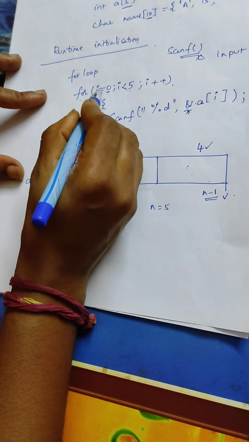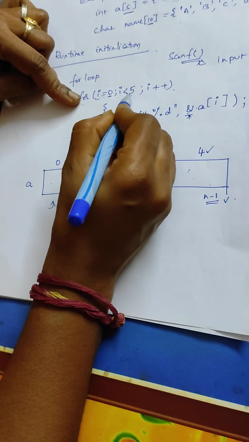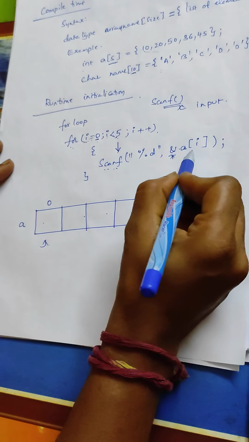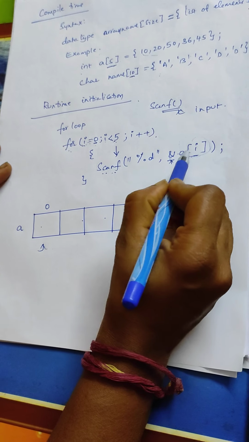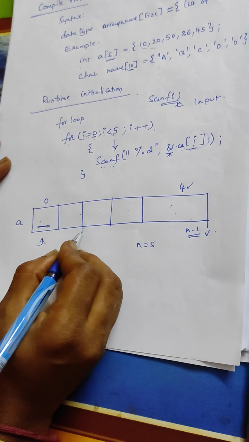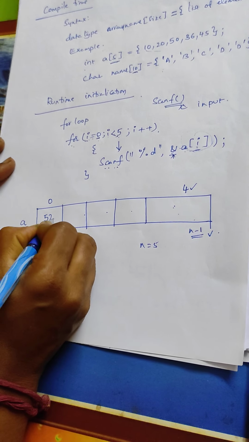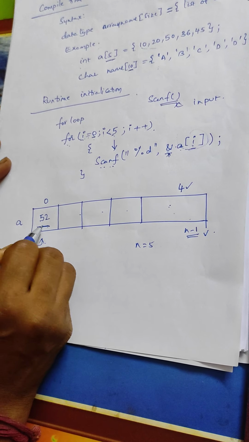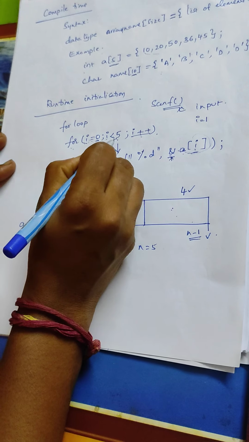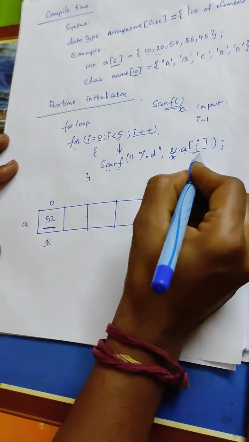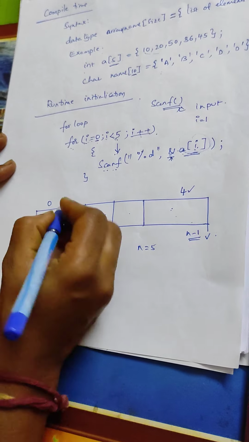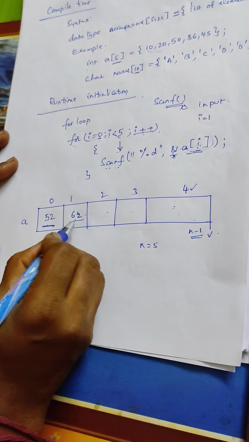See here, initially your i value is 0. So 0 less than 5 condition is true. Now it comes inside. What is the functionality of scanf? It reads the data and places it into the position. What is the position here? A of 0. So it will take this position, and whatever the first value you give from the keyboard, for example if I give 52, that value is saved in this location, and after that your i gets incremented. Now your i is 1. So 1 less than 5 condition is true. Now again it comes inside and takes the position A of 1. Suppose the user gives the A of 1 value as 62. That value is stored in this location.